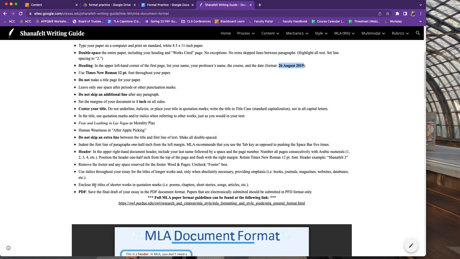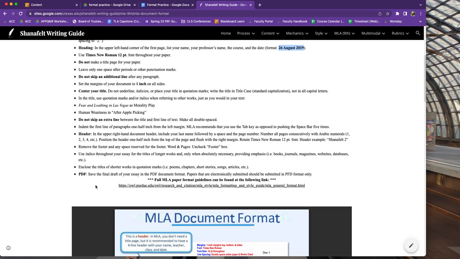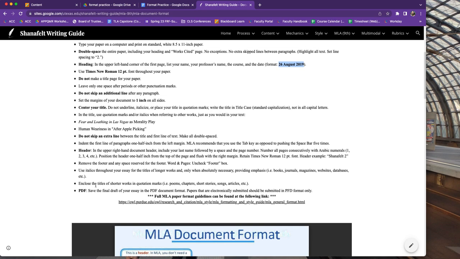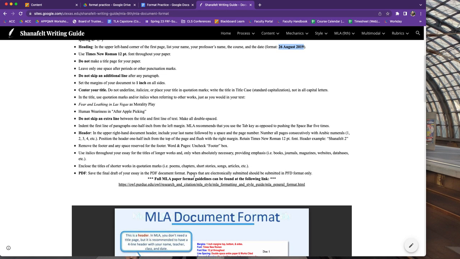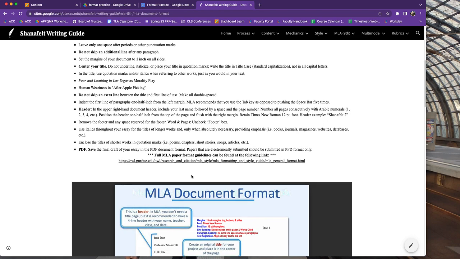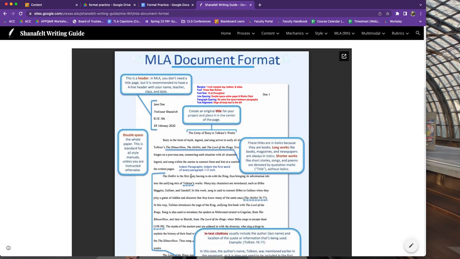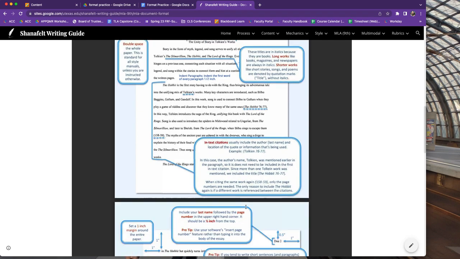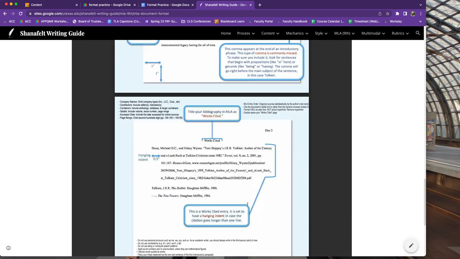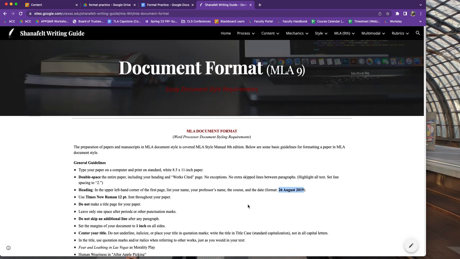All right, great. So when you finally save your paper, make sure you save it in PDF format, and that's for me. That's not in the document. That's not in the MLA format requirements, but that's for me as PDF. Okay, here is a handy-dandy little document that I've made for you that illustrates the whole process. All right. But I'm going to show you how to do it on